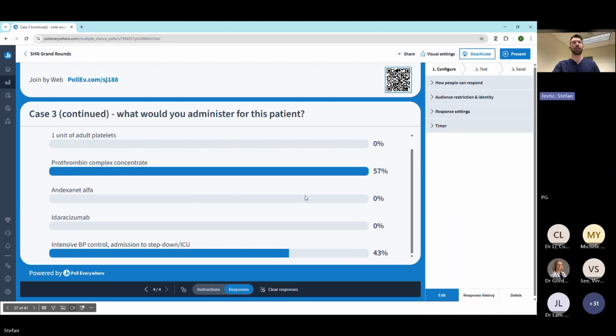Okay, perfect. So no one said platelets, no one said andexanet, and no one is voting for idarucizumab. All right. Perfect. So,